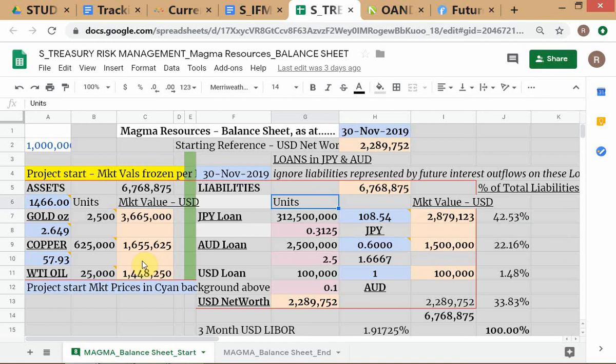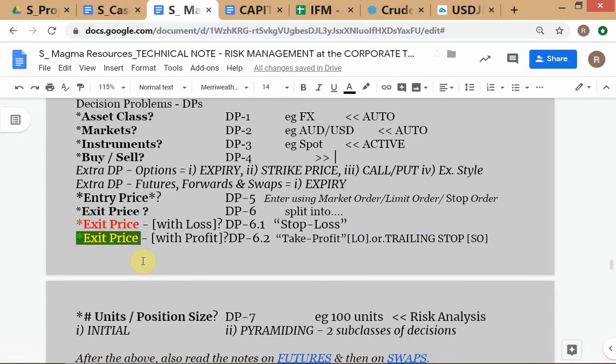Now these decision problem questions relate to the running of the hedge portfolio, remember, because the underlying positions you can't touch. So your activity is confined to the construction and management of the hedge portfolio, right? So when we ask whether I should buy or sell on the hedge portfolio, what is this problem here? Is this automatically solved, or is this something that you have to actively solve? Yes, it's automatically solved, because if you look at when we discussed the golden rule of hedging